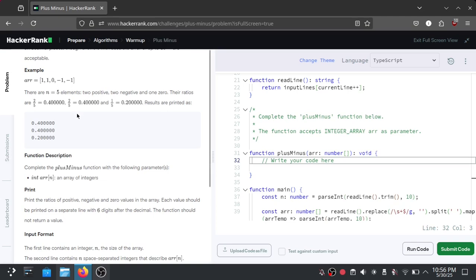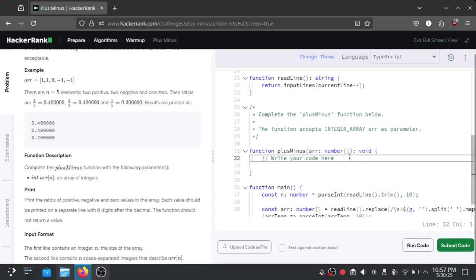And then we are printing the results. For the function here, called plus minus, we are using TypeScript to solve this challenge, and we are returning void, which means returning nothing other than logging it using the console.